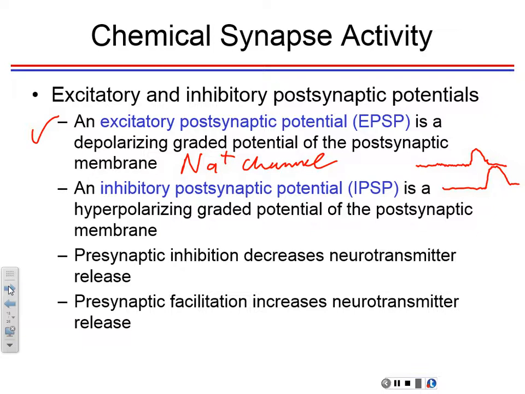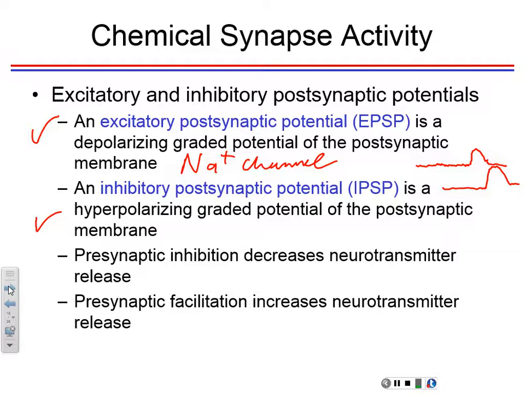Okay? So, which is the inhibitory one. And the inhibitory one can happen two ways, right? We talked about how if you've got potassium channels, because there's more potassium inside the cell at rest, it's going to come out. It always goes down its concentration gradient. And if you're taking a positive charge out of the cell, it's becoming more and more negative. So that's hyperpolarizing, which means you are moving further and further from threshold, which means you are less likely to have an action potential. So you're inhibiting.